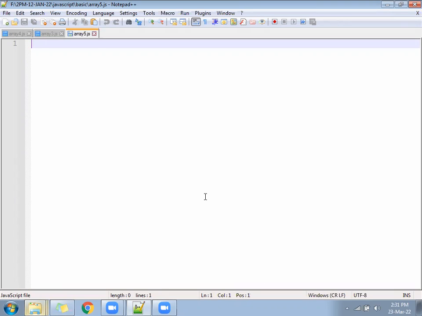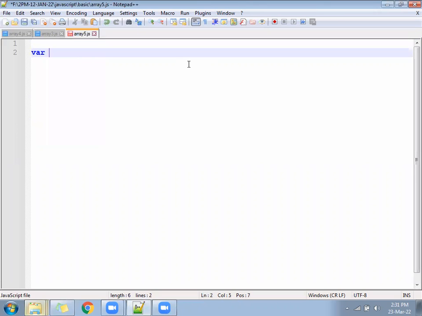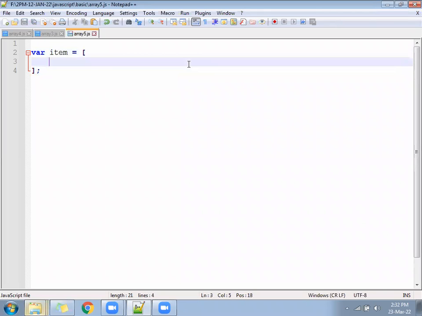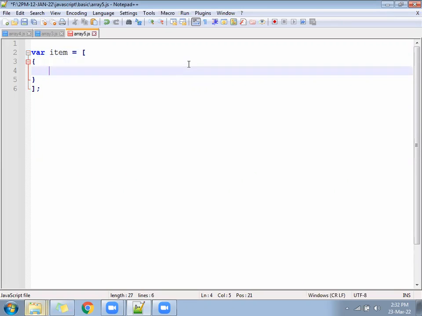Inside array5.js, let's create a variable where you store the data in array inside array, nested array, multi-level of array. For example, item equal to